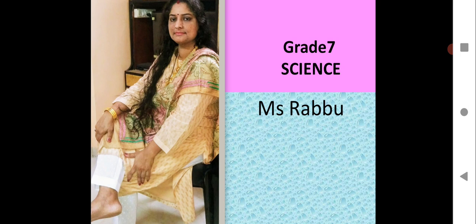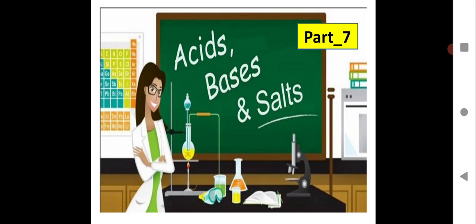So let us see what we are going to have in this session of acids, bases and salts, all the interesting concepts which we learned in the previous session. Since we have learned almost all the concepts of acids and bases, we have seen different types of indicators, acids and bases and their differences, and the application of the neutralization reaction between an acid and a base. That knowledge is so useful in day-to-day life, and so is the knowledge of pH, the acidic and basic nature of substances. All that we have seen.